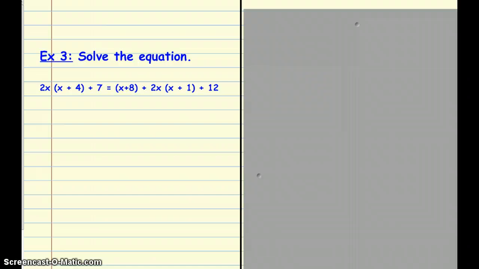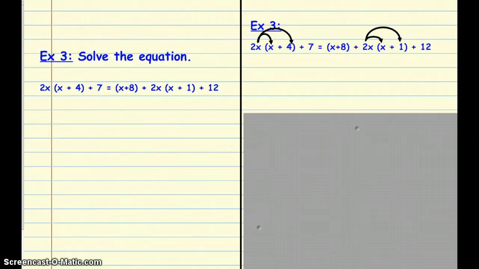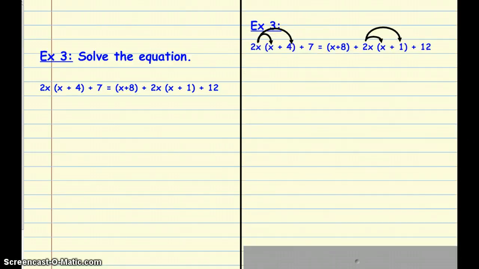We're going to solve this equation. Looks kind of crazy, but if we take everything that we know and apply it to this problem, it really isn't as crazy as it looks. I've already put in our little Angry Bird arrows for the distributive property. So we have 2x times x, which is 2x squared, plus 2x times 4, 8x. There's nothing to distribute with this 7, so I'm going to put my plus 7,